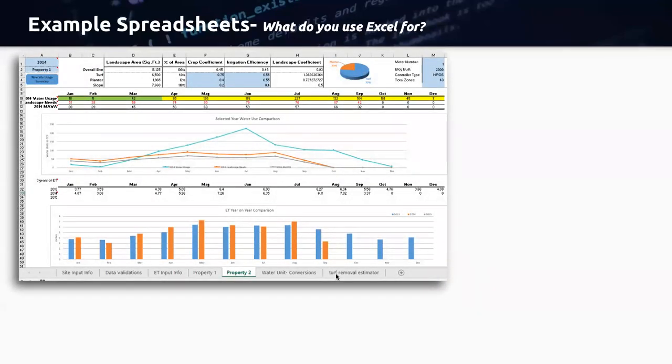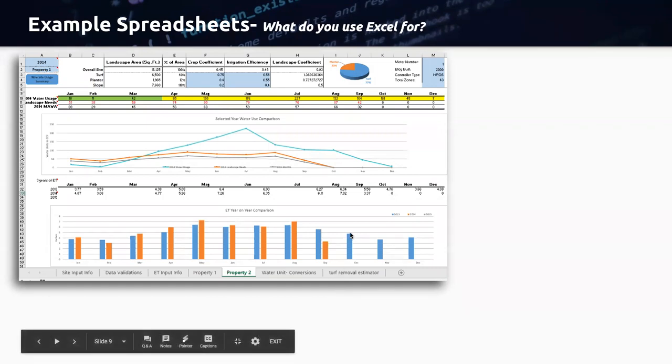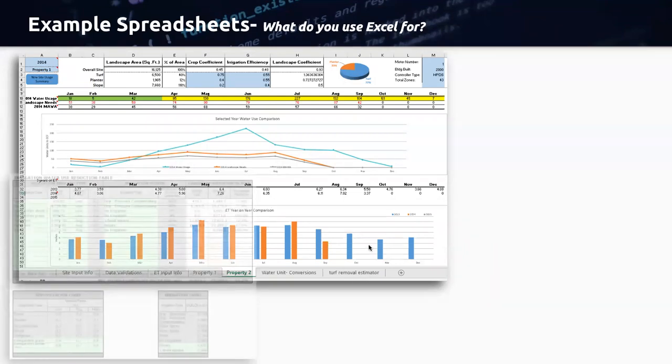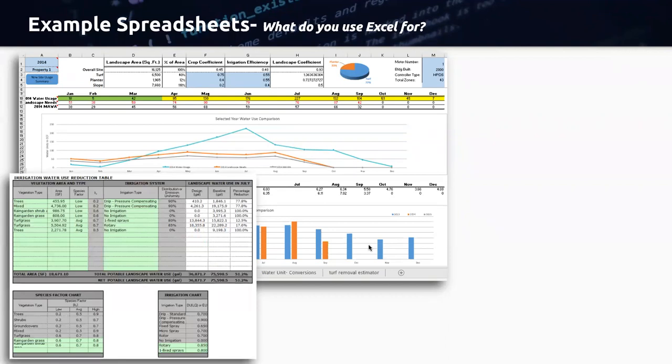I'm going to show you a couple examples of what I've used Excel for and what I still do. Stuff like this, where this is an actual water management budget tracker so that we can enter data from specific sites to cross-check that against what water use should be, what the plants need, and what we're actually watering based on our water bills. And we're just really getting a breakdown of where we sit on our sites. A simple water use reduction table. Some cities require stuff like this, so maybe you're given a spreadsheet that you have to fill out.